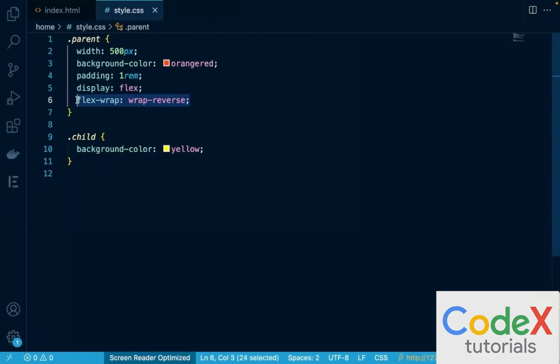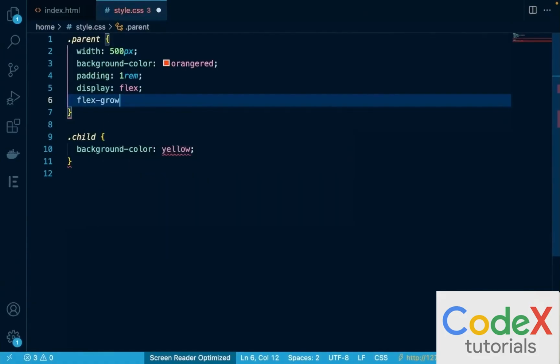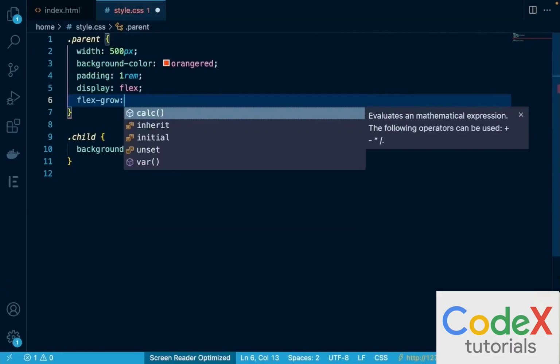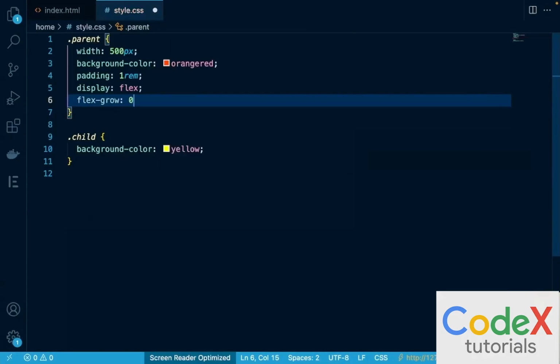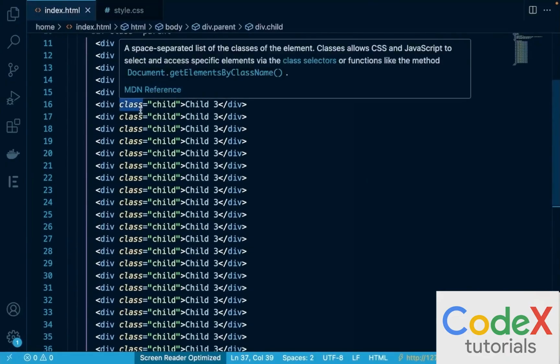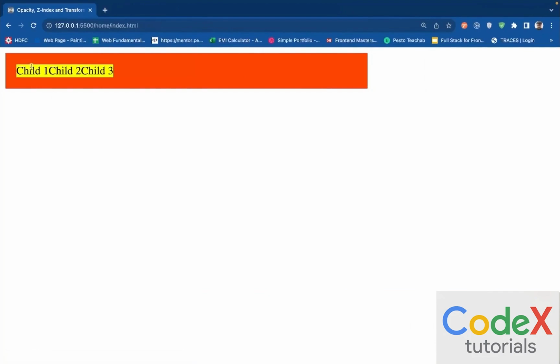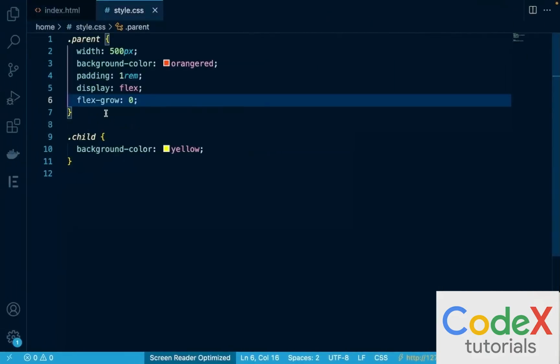Now the next property that we are going to see is something called flex grow. Flex grow is basically the amount with which the element grows inside of the container. By default, the flex grow value is set to 0. That means, let me go back and remove all of these childs because we don't require them anymore. Now by default, these child elements don't tend to take up the entire space inside of the container because the value of flex grow is equal to 0. Now if I change this to 1